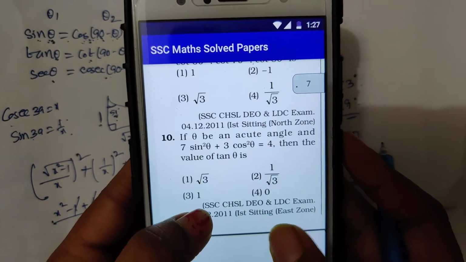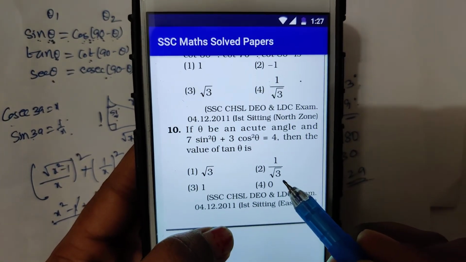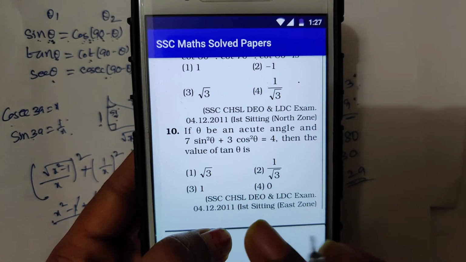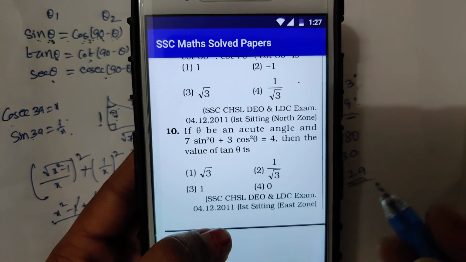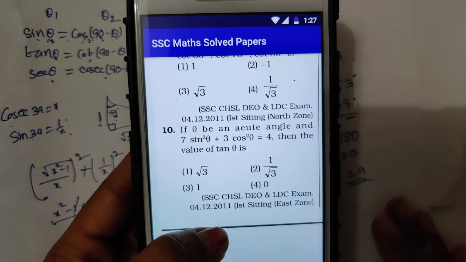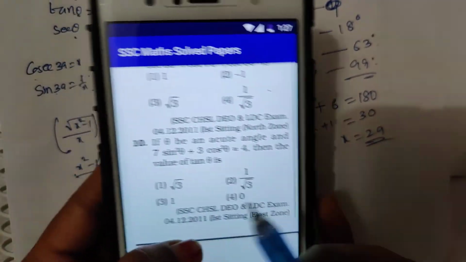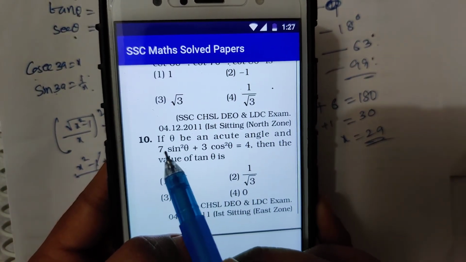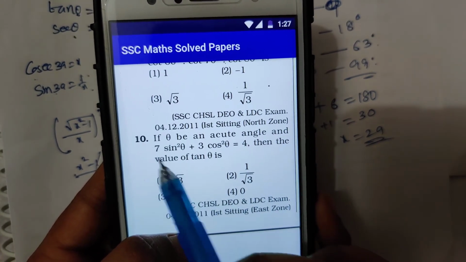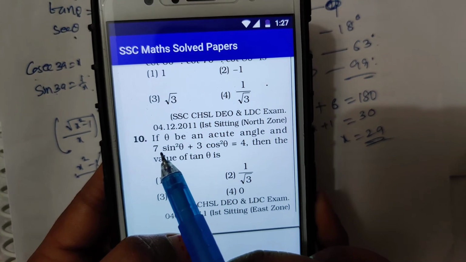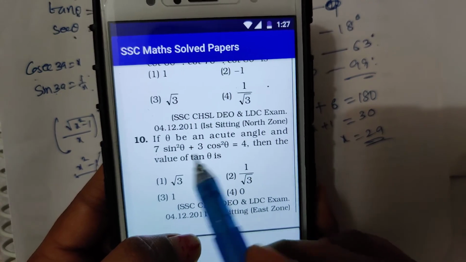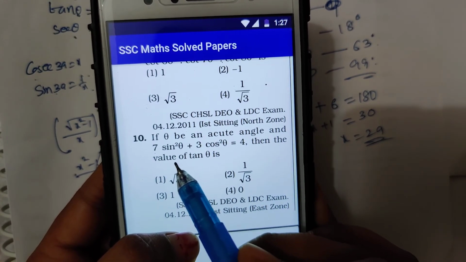Okay, next, this type of question is very important and we have to be careful while solving. Don't keep on solving for many methods. I'll tell you one simple method. Please follow that. You will get the answer very easily. See, this 7 sin square theta plus 3 cos square is 4. So this 7 sin square theta you can write as 4 sin square theta plus 3 sin square theta plus 3 cos square. Why you will be asking why we have to write like that?